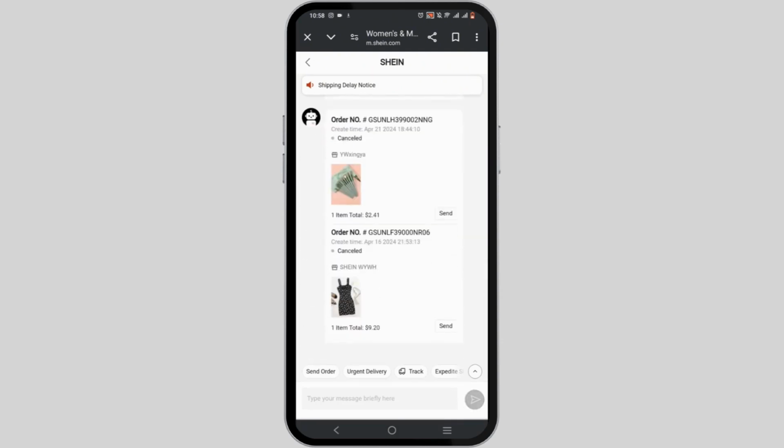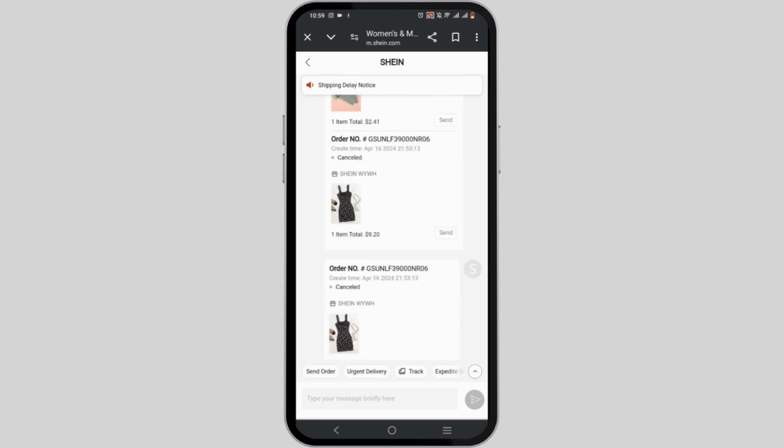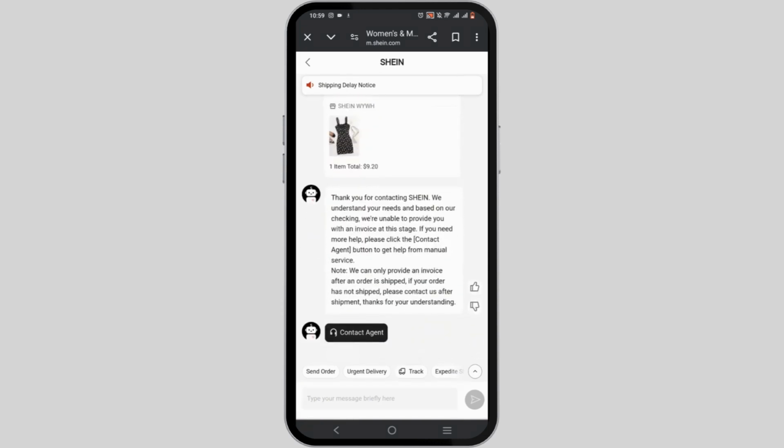Once logged in the chat type in Invoice. Then you need to select an item of which you want to check the invoice of. Next to the item, you will see the Send button. Tap on it. After which you will be able to check out the invoice of